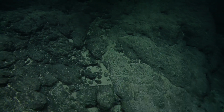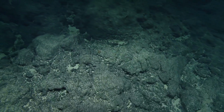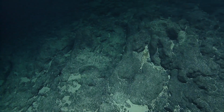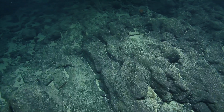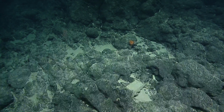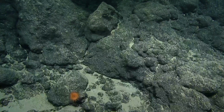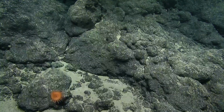As we're moving that direction, a viewer wants to know why angular rocks are important to you. We are going to use some of these rocks to date the time of formation of this underwater volcano. To do so, we need rocks that still have the crystals that formed upon cooling. Over geologic time, tens of millions of years, the original crystals can sometimes recrystallize, and we call that alteration, and they alter into different crystals. When that happens, they lose their original chemistry, which means they lose their original potassium and maybe take up a different concentration of potassium. They also lose the ingrowth of the isotopes that we measure to define how old